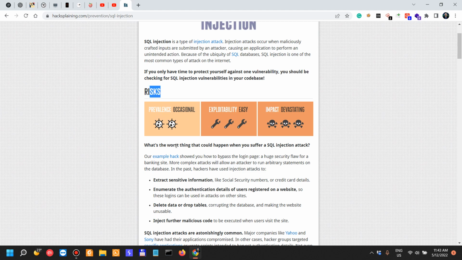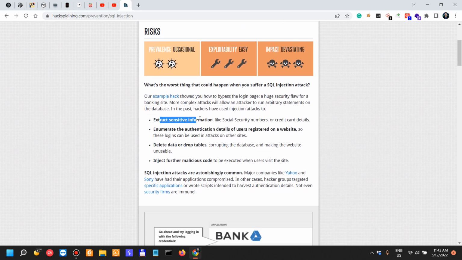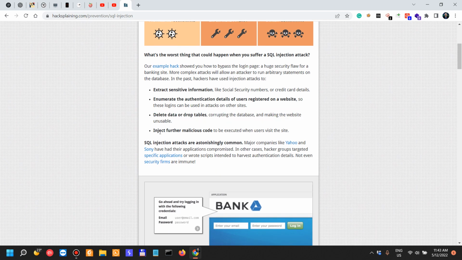Now, looking into the risks. What's the worst thing that could happen when you suffer a SQL injection attack? Extract sensitive information, as I've told you, enumerate the authentication details, that's also part of extracting sensitive information, delete data or drop tables, so modifying the database, which is extremely dangerous, and it might also go unnoticed if you don't have good checks in the back end. If you don't do sufficient logging and monitoring, that is one of the OWASP vulnerabilities. That's an issue. Inject further